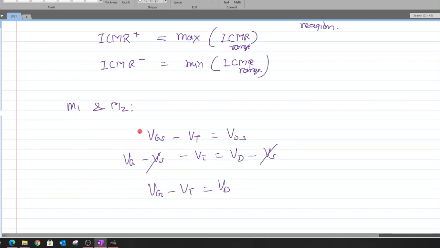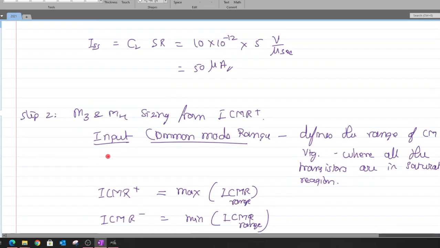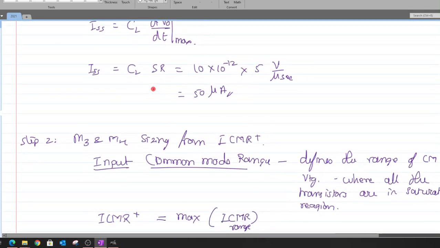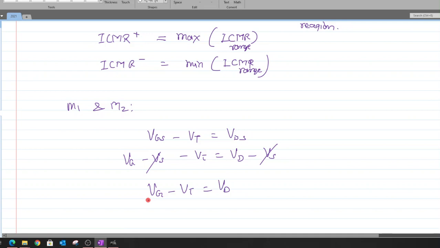Because in the case of ICMR plus, we are trying to increase the gate potential. At a particular point I might get to a condition where the voltage touches the pinch off voltage, which is defined as VDS equal to VGS minus VT. Now we are using this pinch off condition to define the maximum voltage. And if this gate voltage further increases beyond this particular value, then we end up in the linear zone.